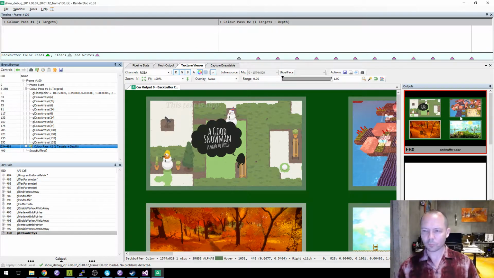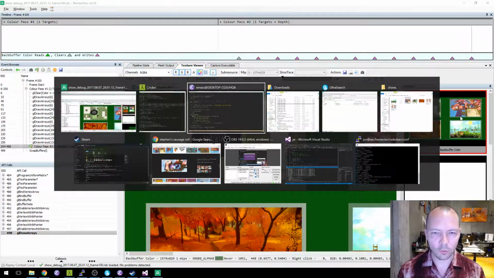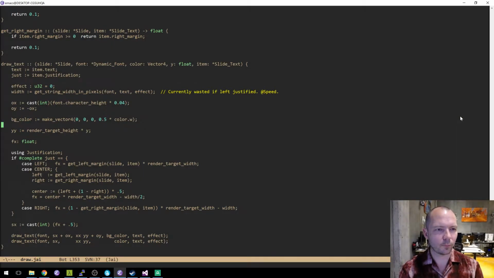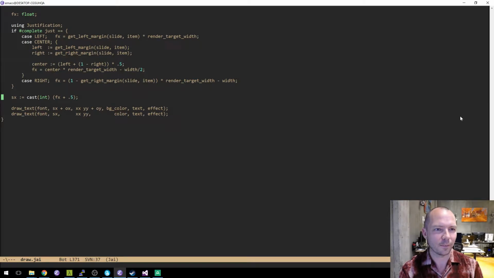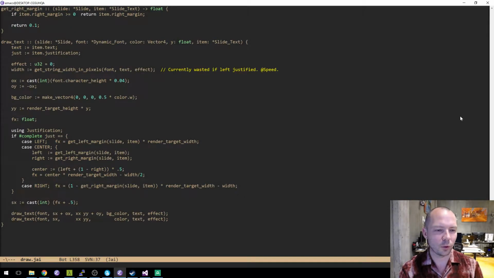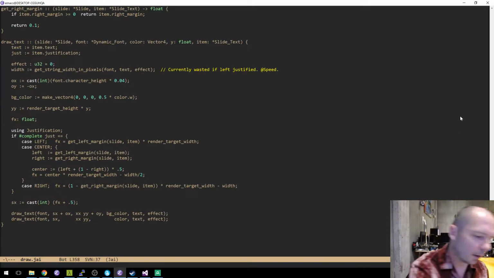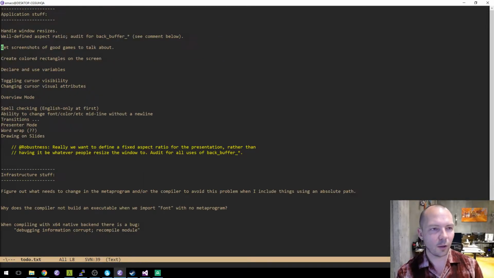Okay, so now what we're gonna do is split the back buffer to the front buffer. And we're gonna do the following. We're not going to worry about getting the size right yet or anything. I've got to write down, okay, so our to-do list is expanding out a little bit.